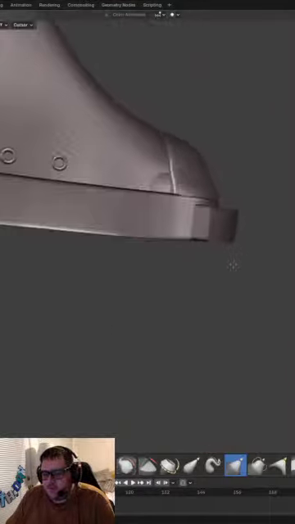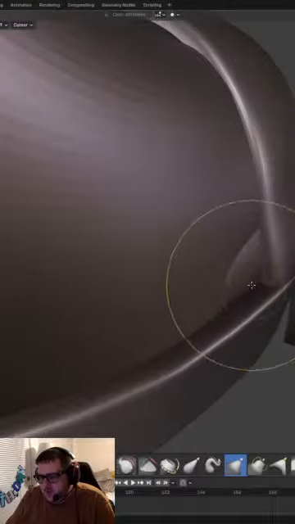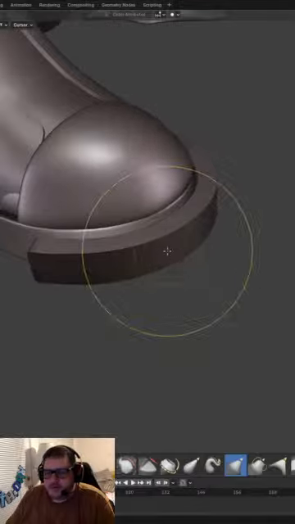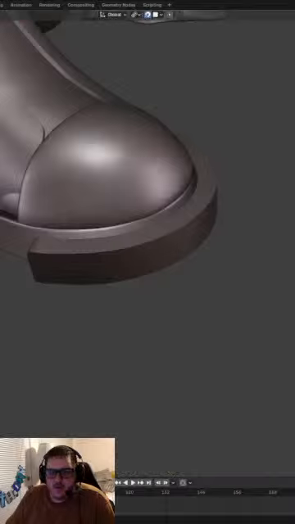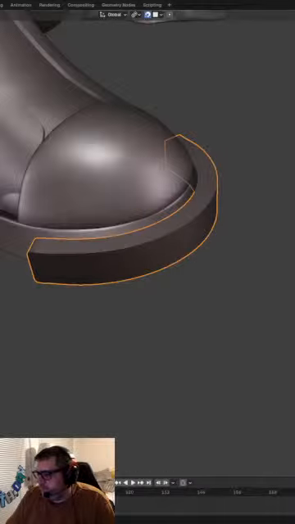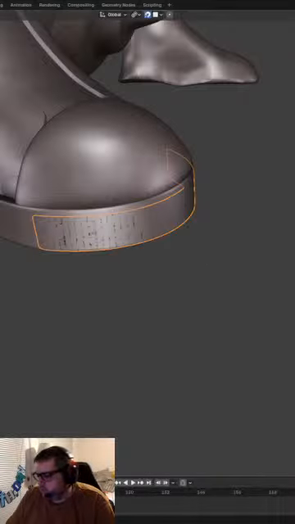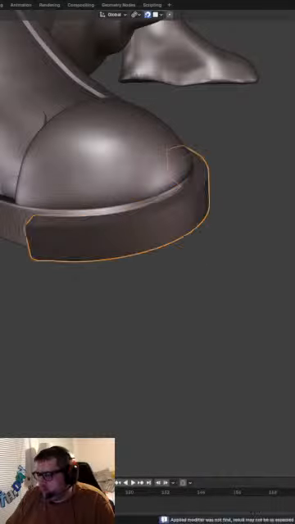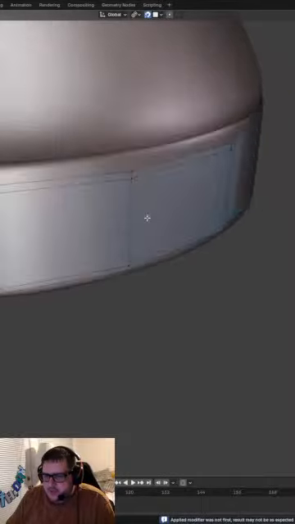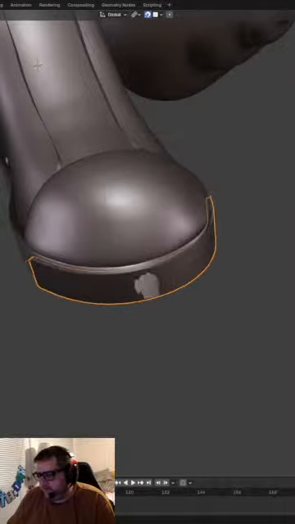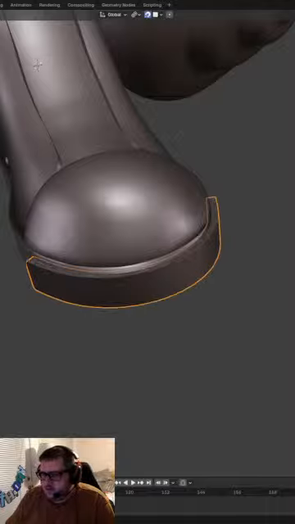Alright, there's definitely some work there to be done, but I think that is much better actually. Looks a lot more realistic, but now what I'm gonna try to do here is see if we can hit it with the shrink wrap. Hit it with the shrink wrap. And we'll apply that. And that brings us back to the surface here. And let's see if we can go like, how about 5? 10.